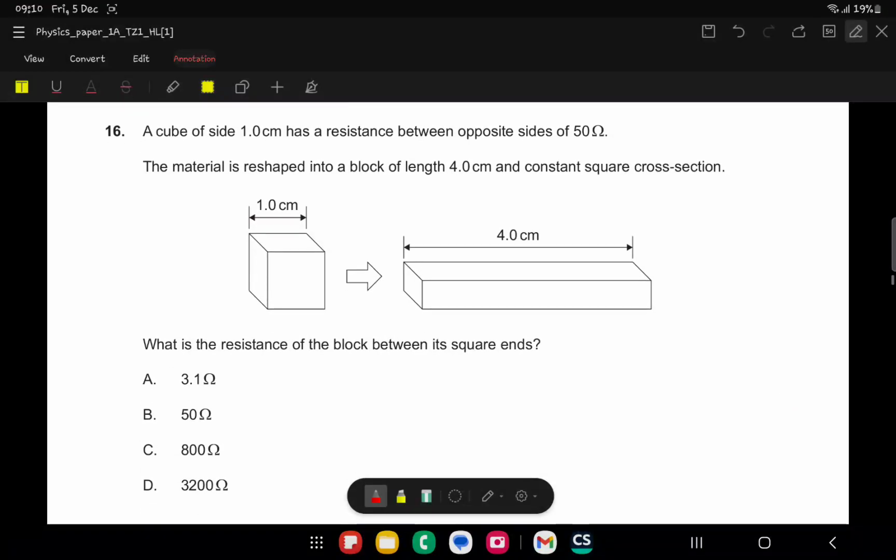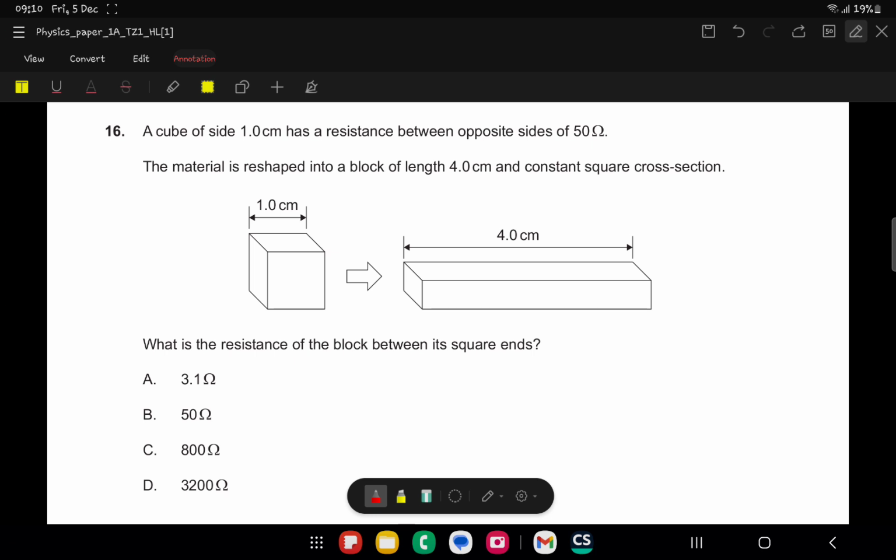Question number 16. A cube of side 1.0 centimeters has a resistance between the opposite sides of 50 ohms. The material is reshaped into a block of length 4.0 centimeters and constant square cross section. Right? So that's the first cube we are seeing there. And that is the reshaped one that is giving us a new length, which we can also call the height,